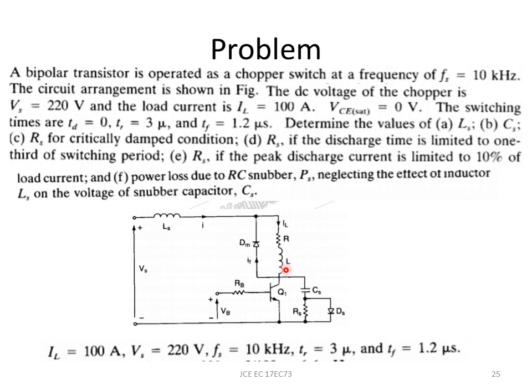So the load current is given to you, and 10% of that will be going through this Rs. If I want to limit it to 10%, I should find the value of this Rs. So Rs will be evaluated 3 times for these different conditions, but L and C will be directly derived from the formulas that were given to you earlier. So let us solve this problem next.